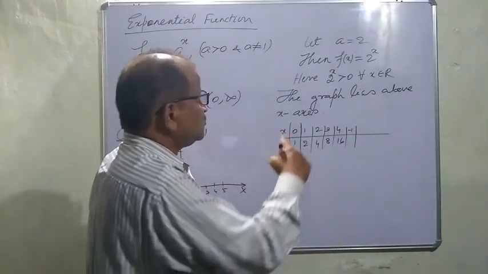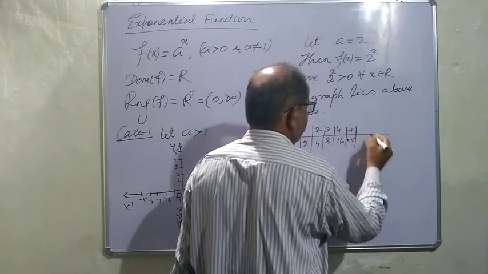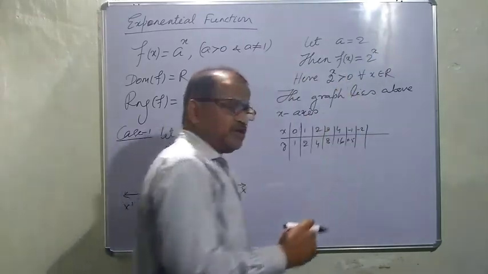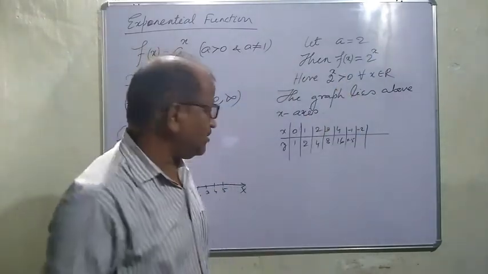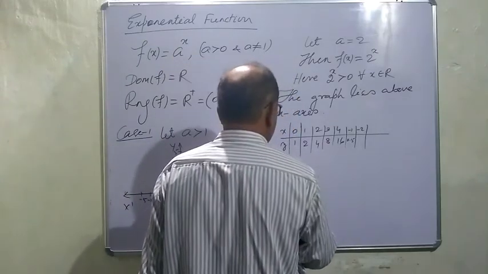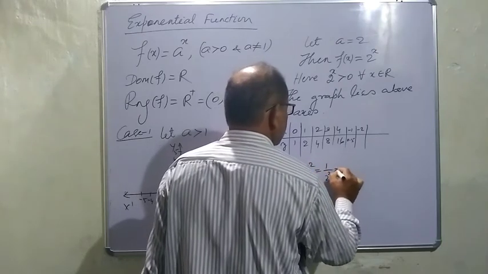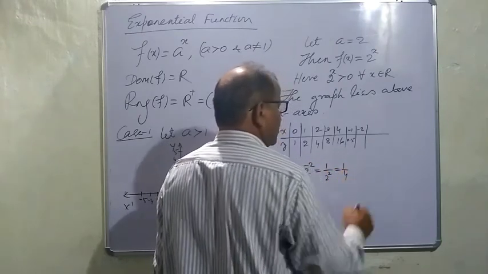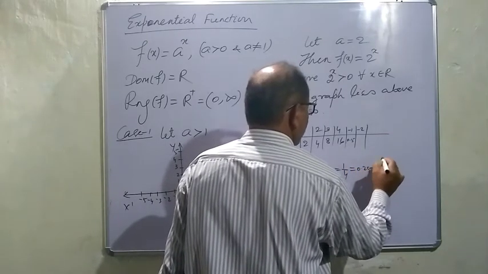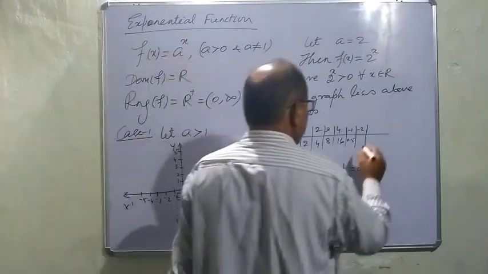Minus 1, 2 to the power minus 1, it is 0.5. Minus 2, f of minus 2, 2 to the power minus 2, that is 1 by 2 square, that is 1 by 4. That means it is 0.25. Similarly,